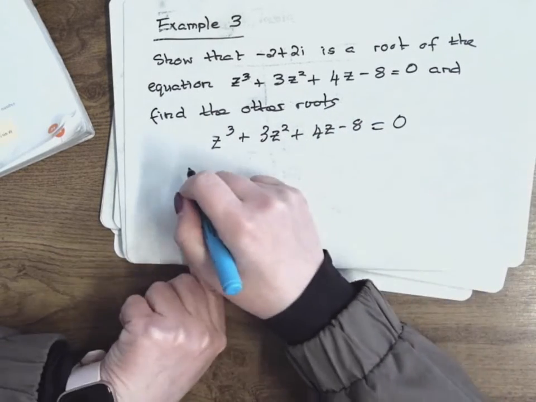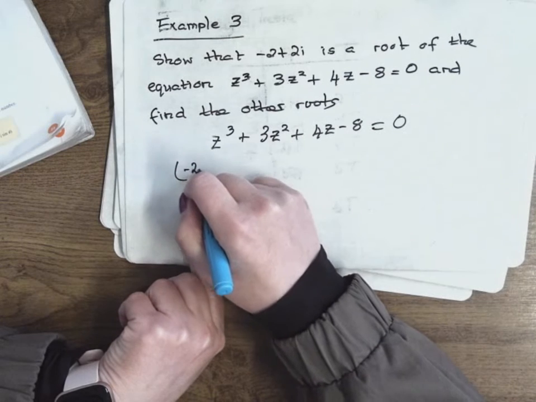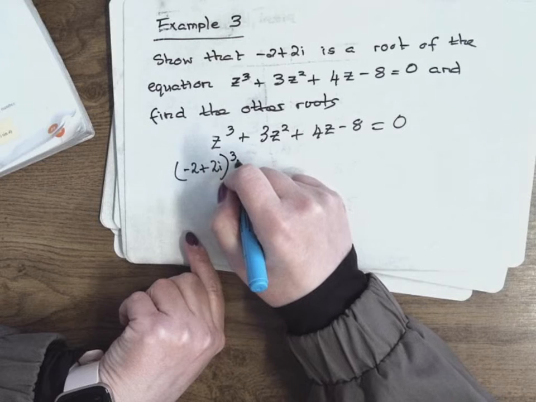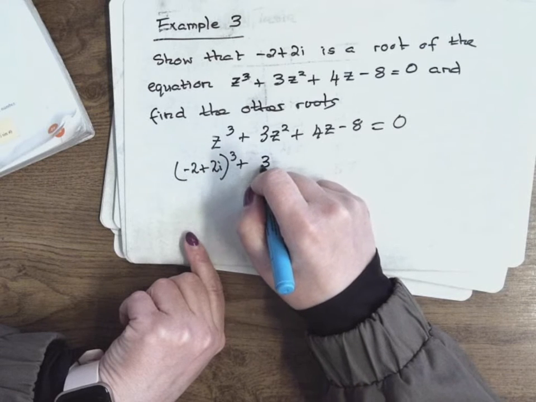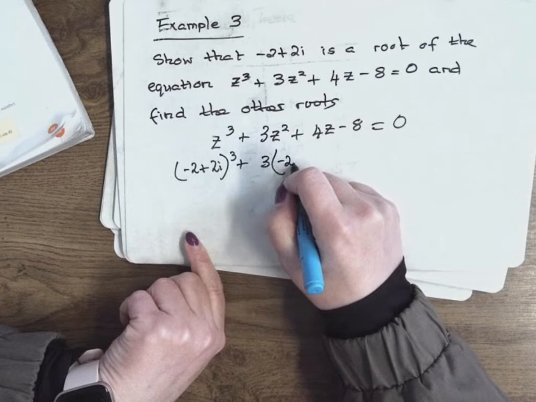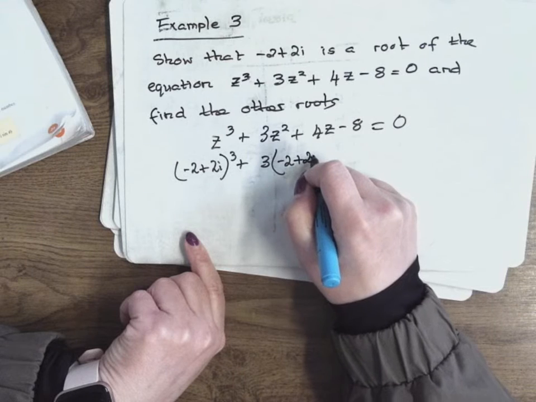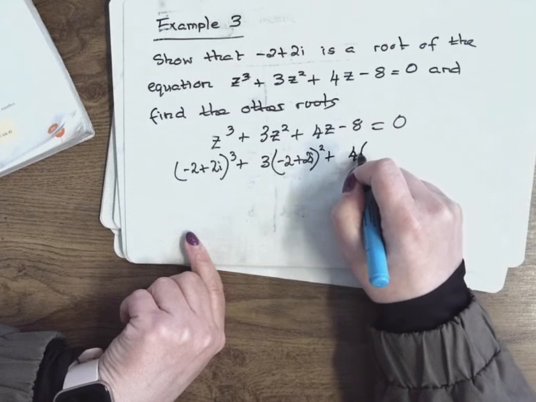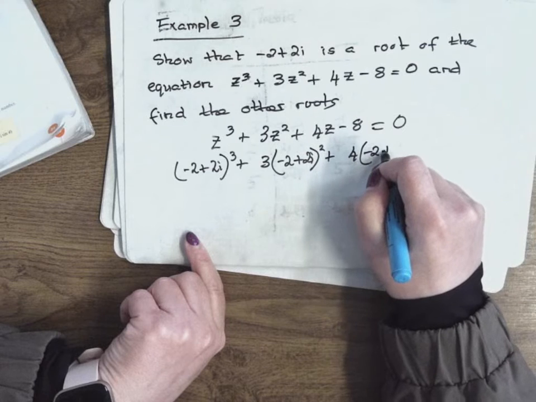And then everywhere I see a z, it's minus 2 plus 2i all to the power of 3 plus 3 times minus 2 plus 2i squared plus 4 times minus 2 plus 2i